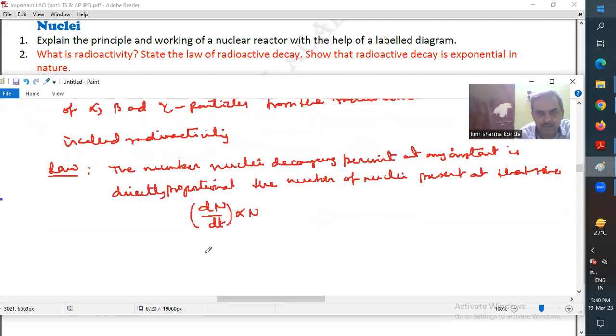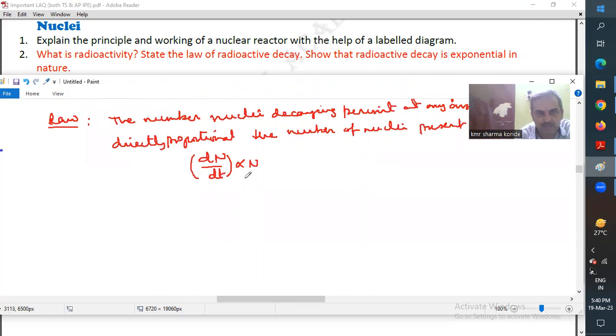So mathematically dN by dt is proportional to N. If you remove the proportionality, dN by dt is equal to minus lambda N, where lambda is the decay constant. Why is it negative? Because with time the number of nuclei get disintegrated, or let us say get reduced. This is the decay constant. So the explanation is,